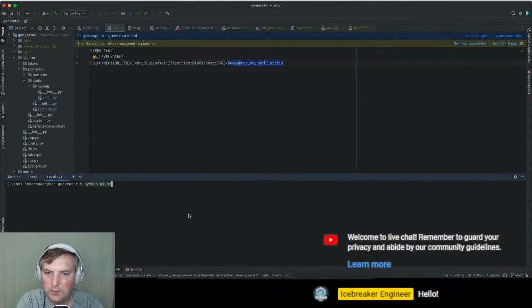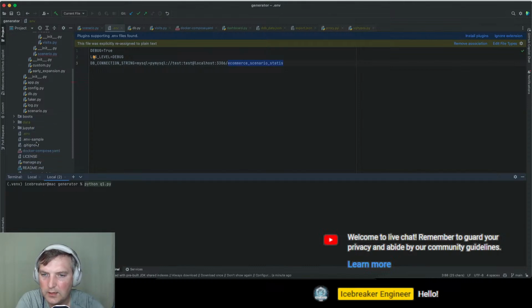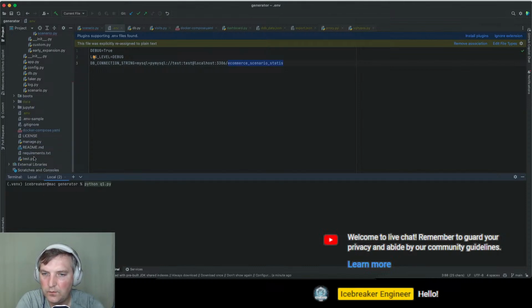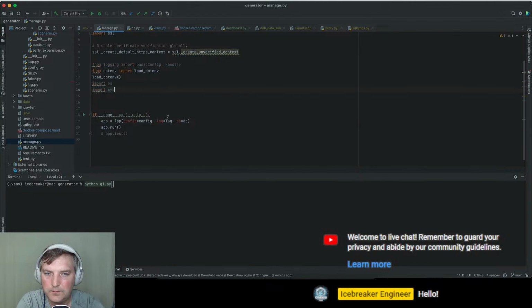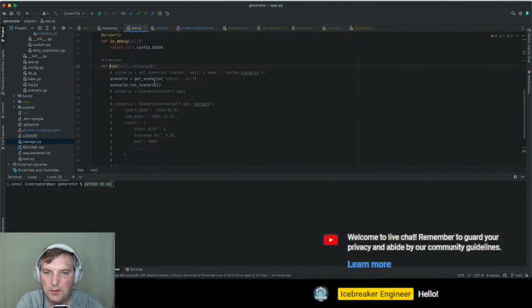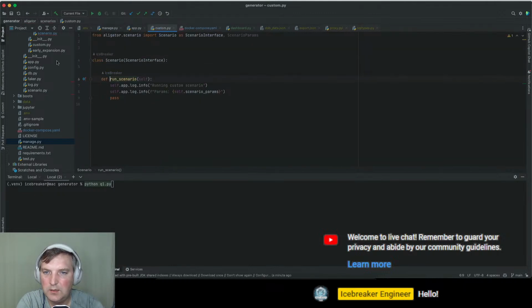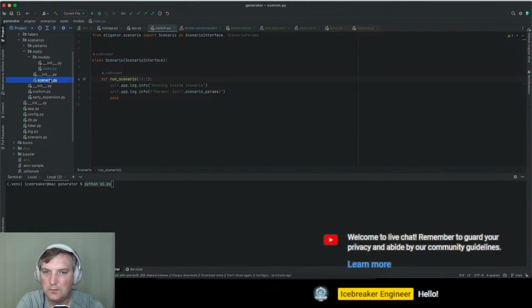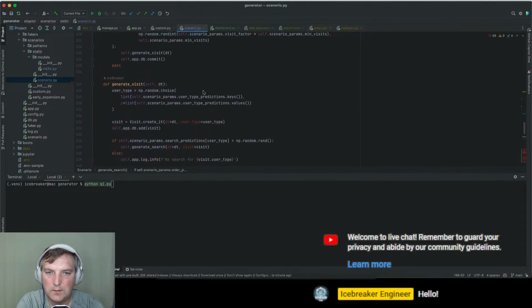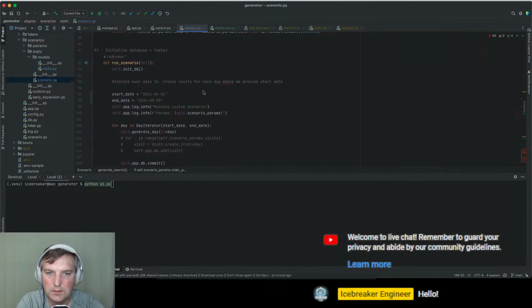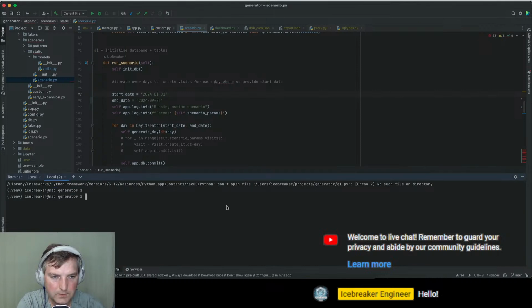Now before running this, we want to run the app, we want to run the scenario. Scenario is right here, static. Let's make sure that we are generating everything, and what we want to do is python -m manage load.